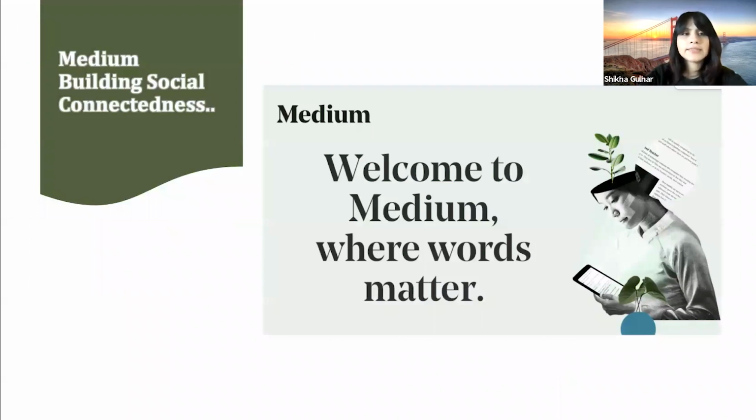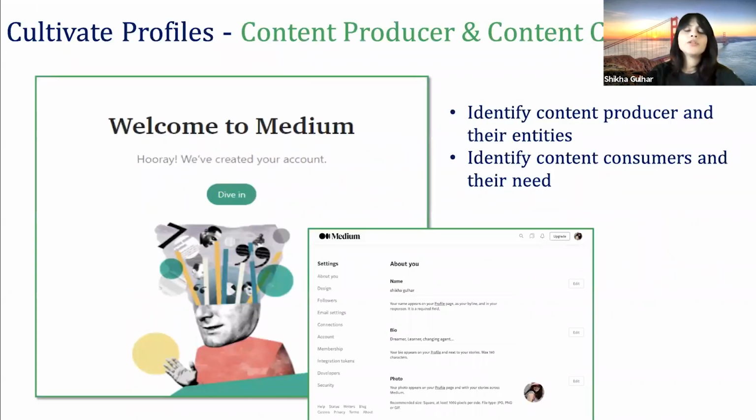So let's understand this loop from the lens of Medium. Medium is a social blogging site. The very first component of this loop is cultivating profiles. By cultivating profiles, we are primarily talking about creating user accounts for your product. Now, in order to define what a user account should be, you need to look from two segments. One is the content producer, and what will be the metadata or entities that you would like to highlight. And the other one is with respect to who will be the content consumers and what will be their consumption